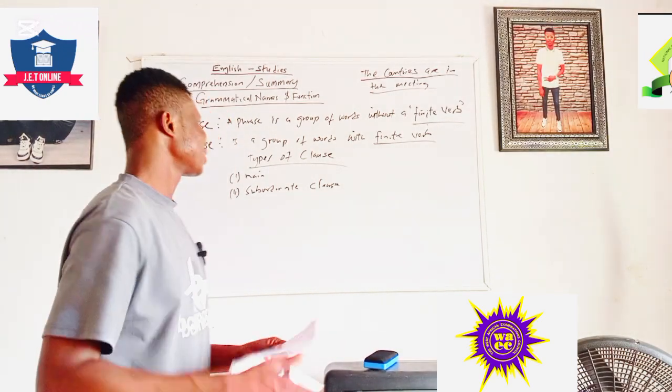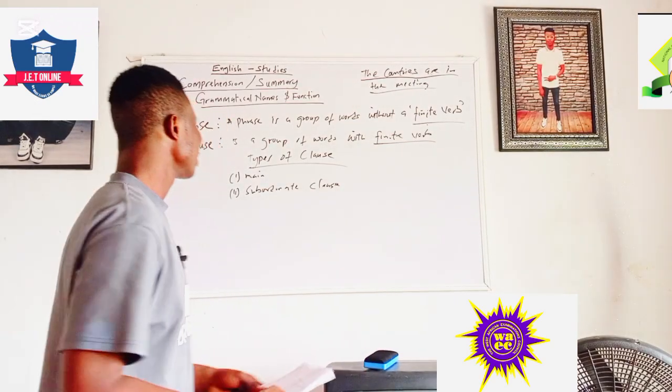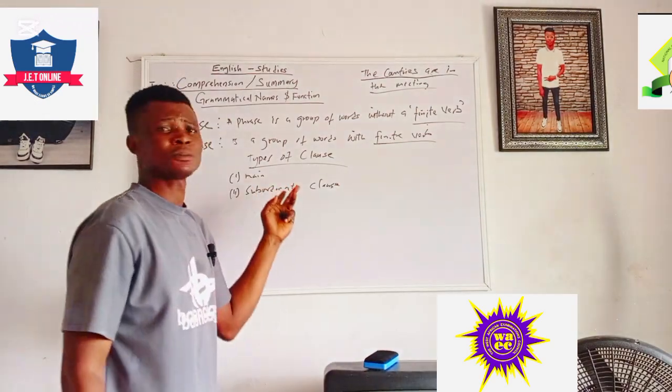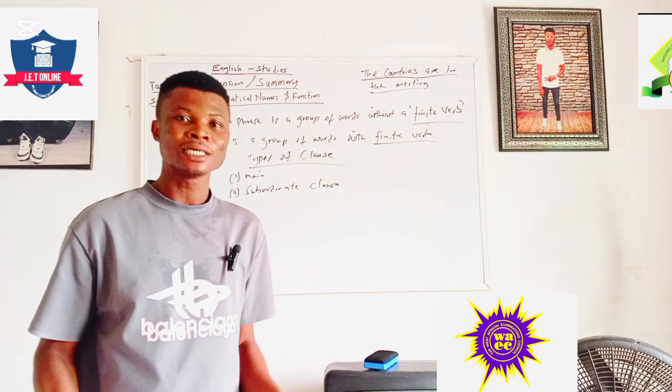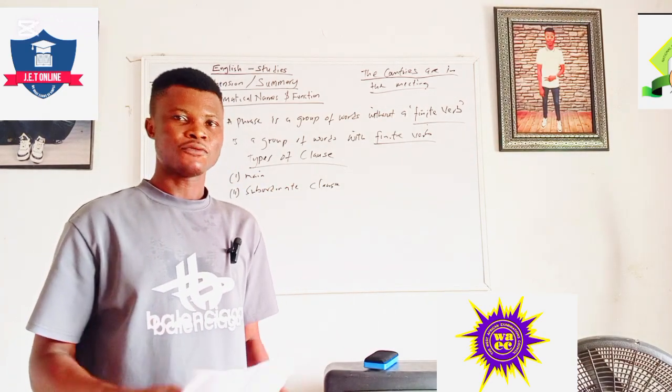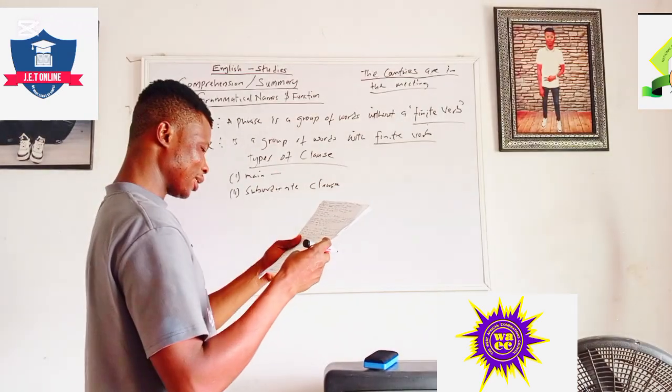So don't forget, I told us that clause actually has a word, a finite verb. And in the type of clause, the main clauses are the independent clauses. That is, they are clauses that can stand on their own. For instance, let's look at examples of main clause. Examples of main clause. Here we have